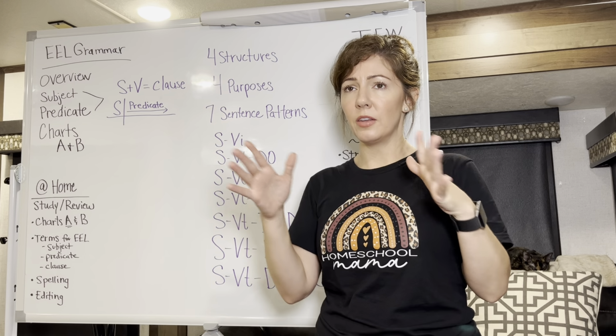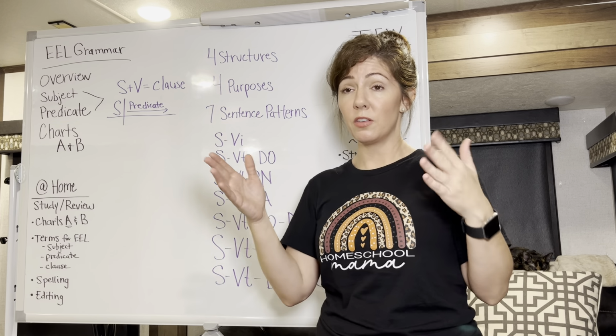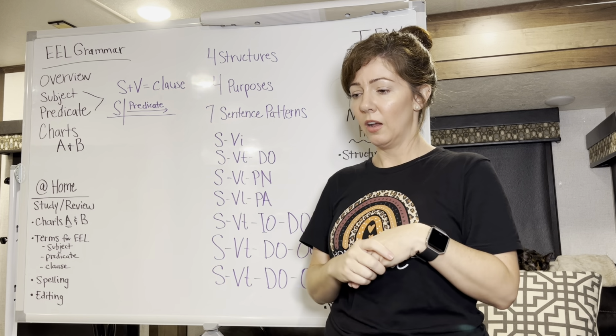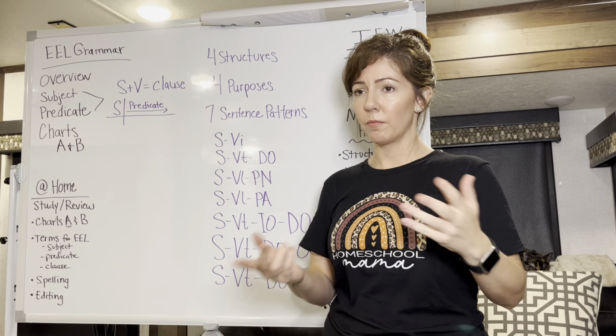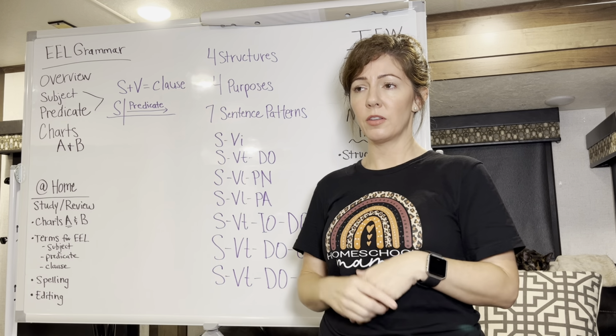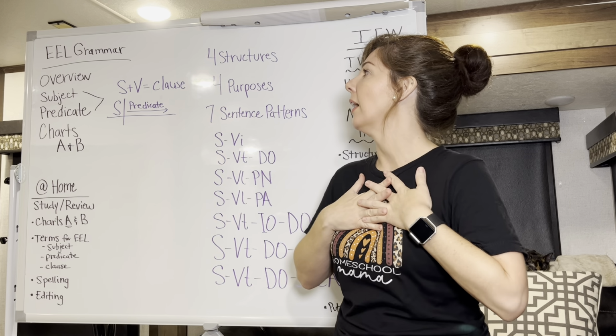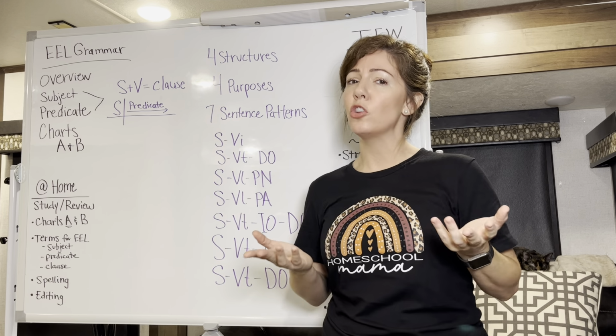And I see my imperative. I see my different purposes and structures here. I see this. Patterns. The patterns are on there from Chart A. You'll see the different sentences. So again, just looking at it. The one thing that you can practice if you want to do something with Chart B,